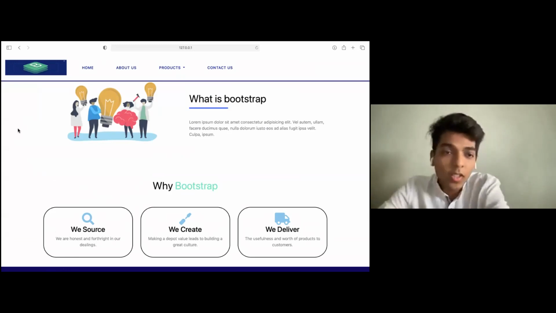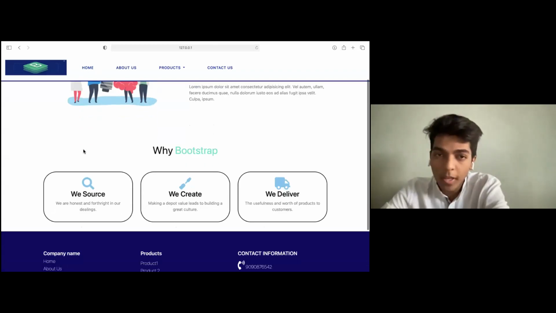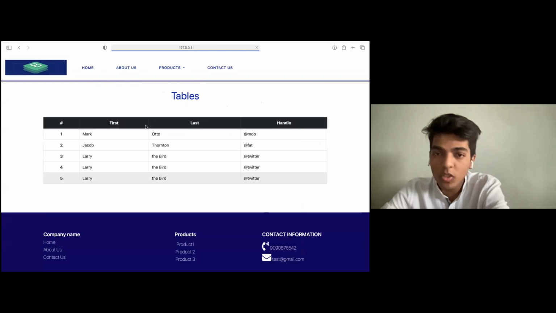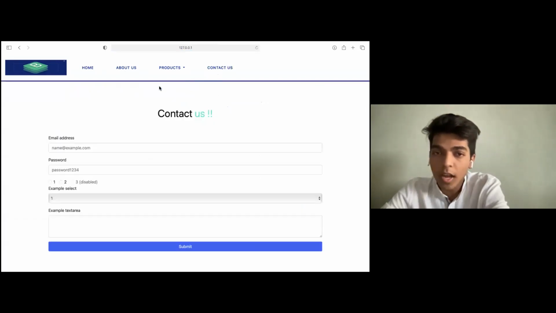Yeah. So today's topic is Bootstrap. For today, the practice would be somewhat in a different manner. So here, this is the template. This is what we can call a website or a development site, or whatever name you want to give it. This is something that we have made, and this is the home page. This is the about us page. This is the first product, which is the table, and this is contact us.